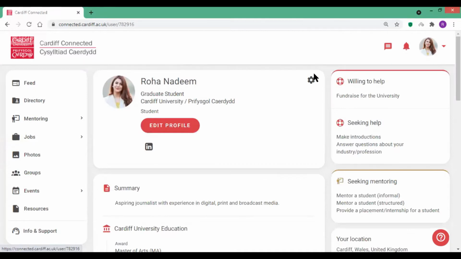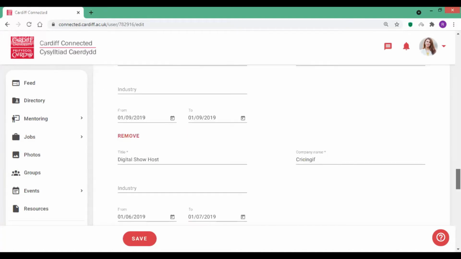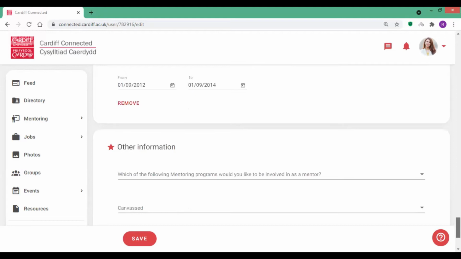Once you're on your profile, click Edit Profile. This should open up the main edit page where you can edit all your information. Once you're on that page, scroll all the way to the bottom and you will find a section called Other